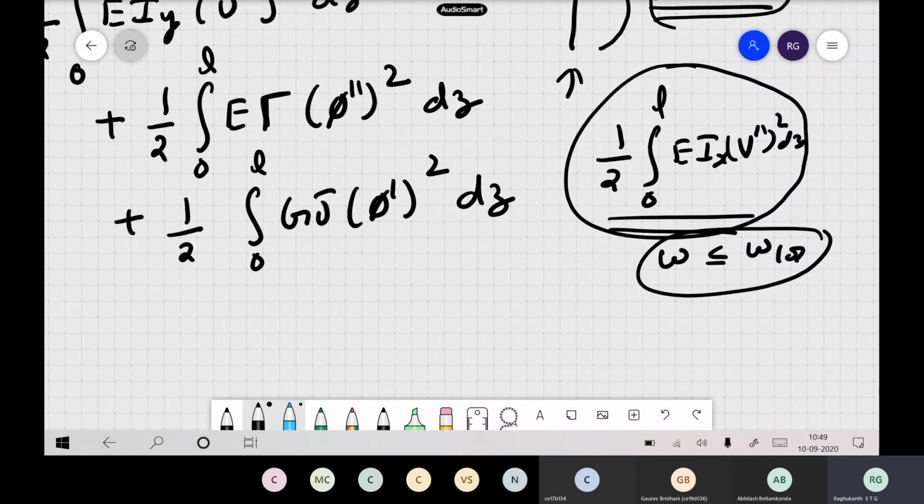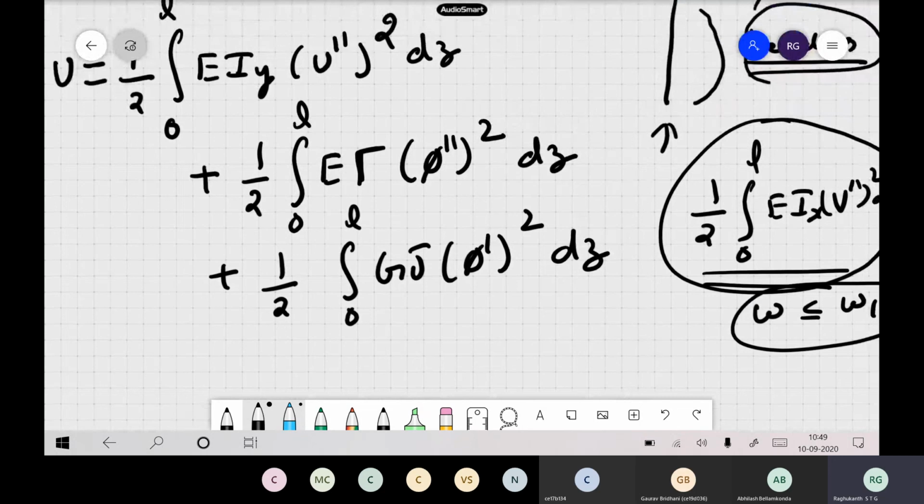But once it starts buckling, it goes to lateral torsional buckling. So this is a combination of this U double dash, the curvature in the X direction, then you have this warping term, then you have this Saint Venant torque itself. Okay, so be careful.